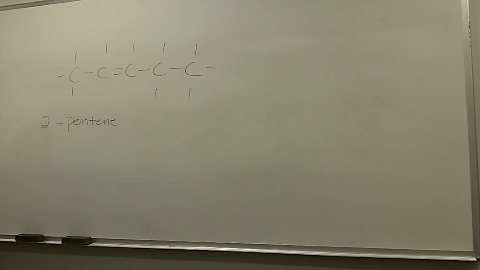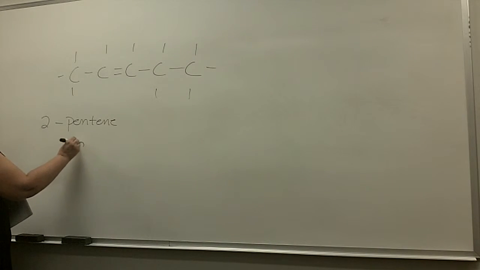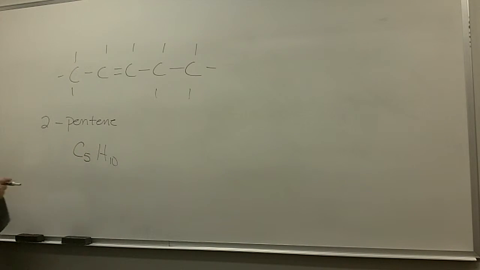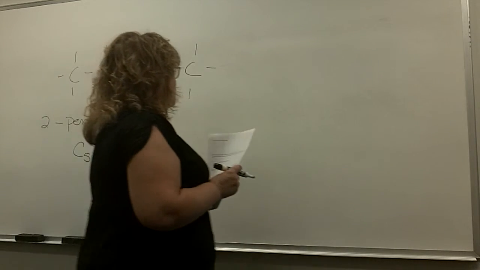Now, what will be its condensed molecular structure? It would be CH3, CH, and so on. That's its condensed molecular structure. So when you do the condensed molecular structure, you don't have to worry about where the double bond is. But if I gave you